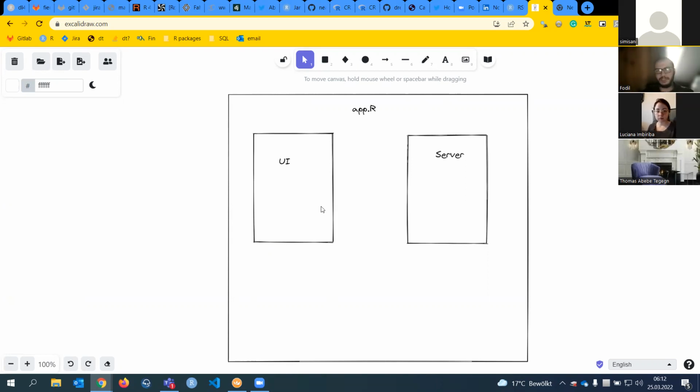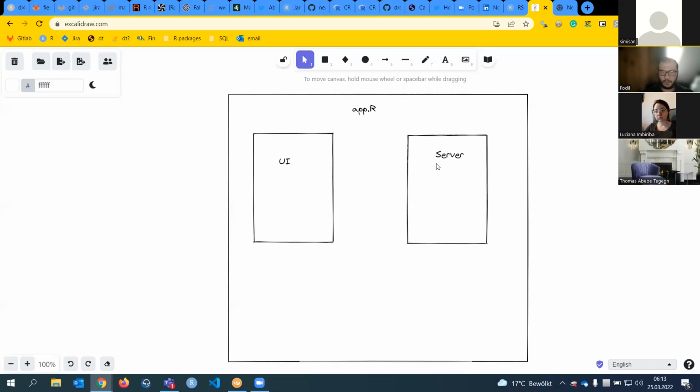And what is a server? The server is like the heart of the application. It's like the part where all the calculation will be done. So let's say you have an application that calculates, I don't know, the mean of something. And in your application, on the screen, you can see a button, for example, which is written "calculate mean." This is your UI. You see the button and you will see the title just above, and you will see the result. But the R function that will effectively calculate the mean will be written in the server part. And this is important to clarify these distinctions.